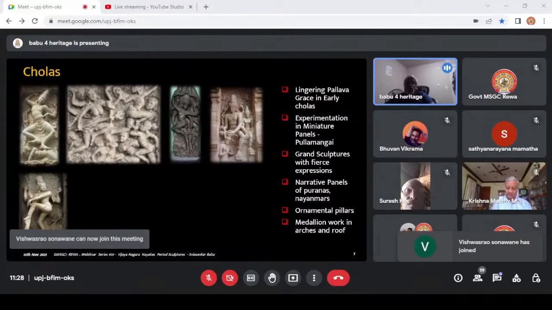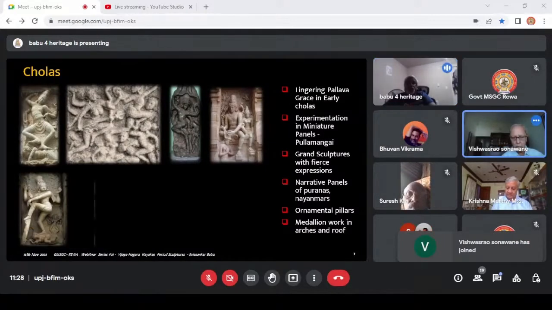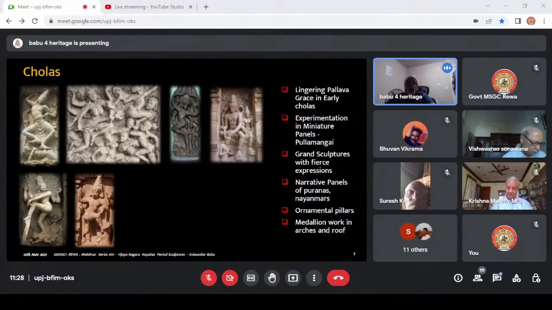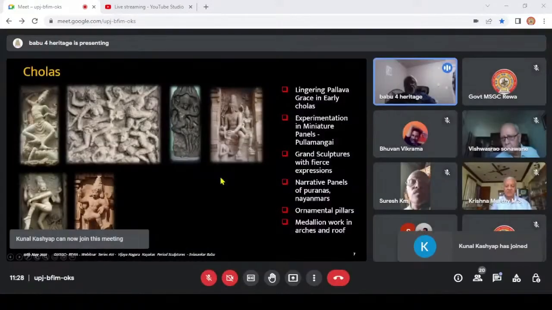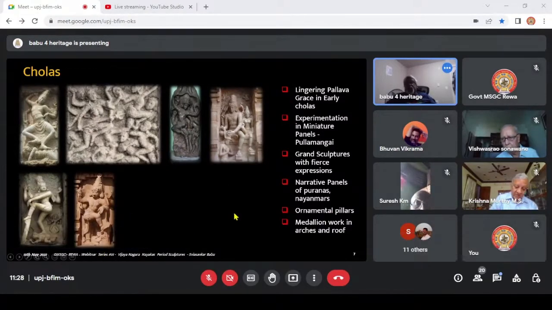Next, in addition to having very simple sculptures, they are also known for their gigantic and fierce Dwarapalakas. This is a Dwarapalaka, which is on the outer gopuram of the Tanjavur Big Temple. This is one of the largest Dwarapalakas available in India. Here, the Dwarapalaka itself is big, but again, they convey the meaning of hugeness. If you see